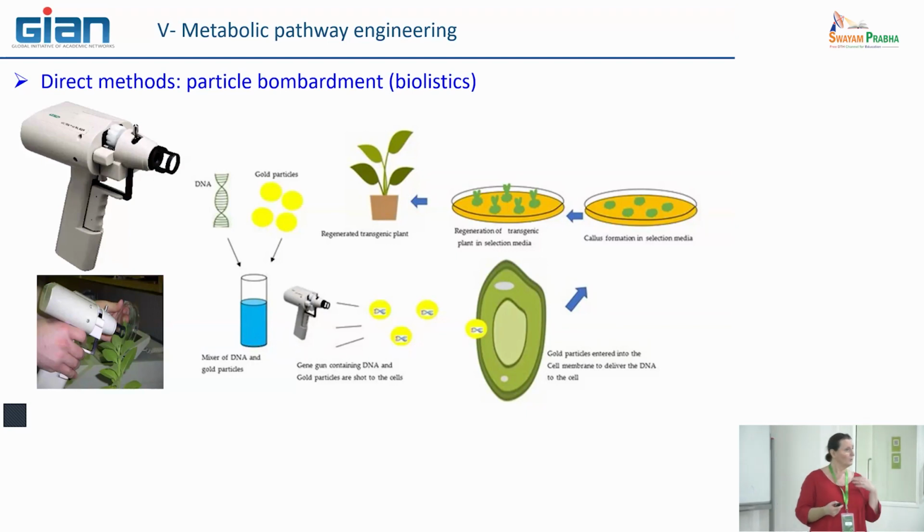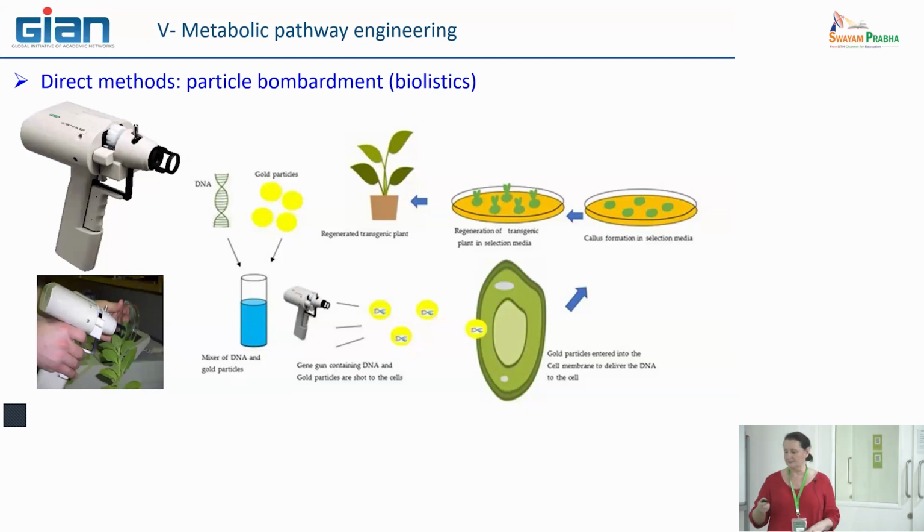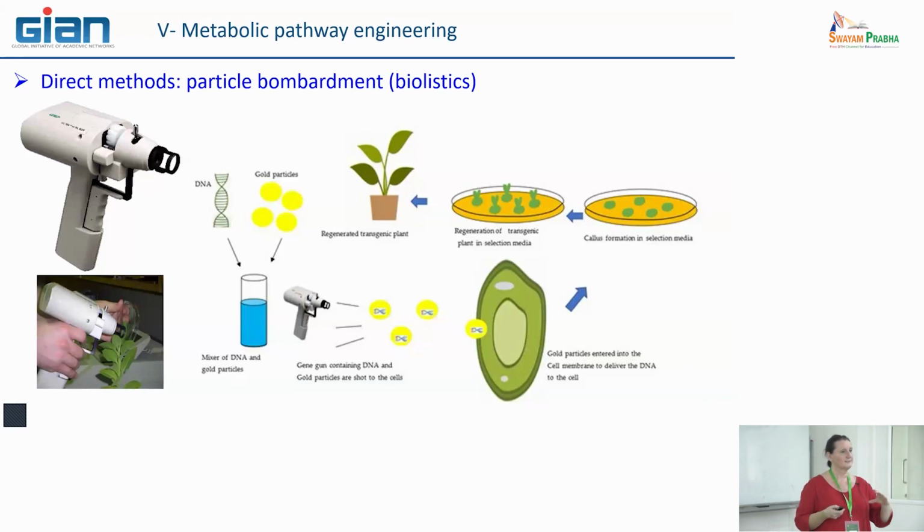For example, all the metabolic pathway of Catharanthus roseus leading to vincristine and vinblastine have been studied this way. All the enzymes have been expressed in Catharanthus cells, because we have some cell culture of Catharanthus in the lab. And for each enzyme, we know exactly where they operate in the cells. So in this way, we have rebuilt the pathway completely.